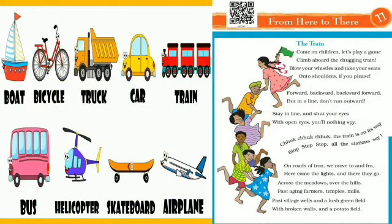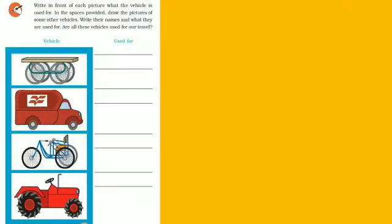In the previous video, we have discussed so many things about the transports. So today, we will discuss and attempt the textual exercise that is given in your textbook. Now students, open the page number 73 of your book. Here is the question. Write in front of each picture what the vehicle is used for and draw the pictures